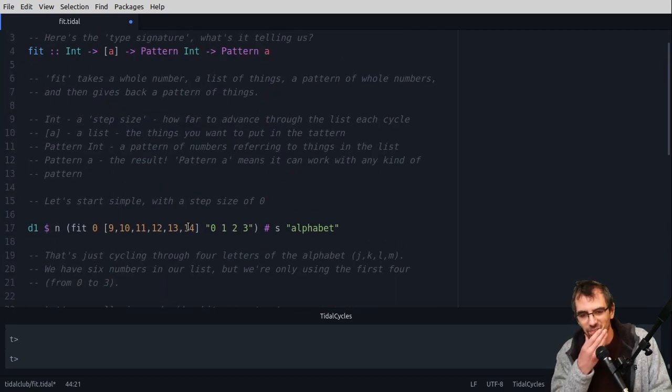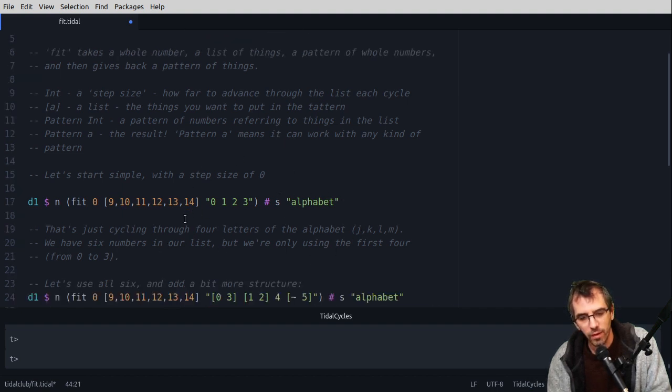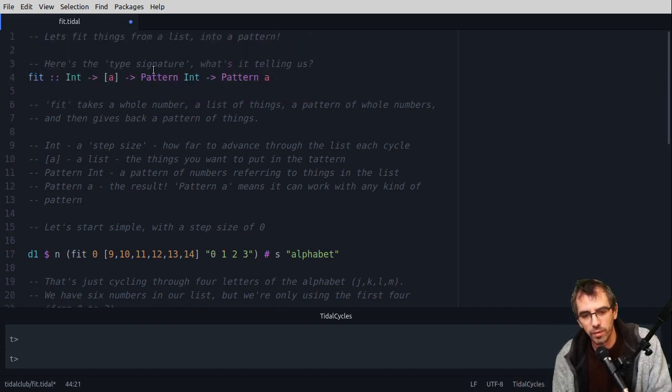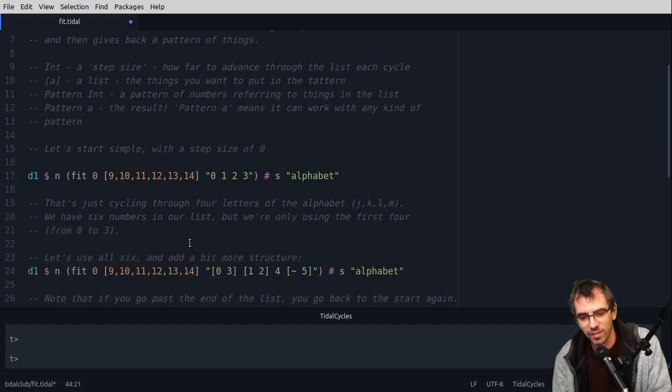This is a function which I've not seen used that much, but I think it's probably got a lot to explore. Like, you don't have to apply it to selecting samples or notes. You could use it for selecting effects or even sample banks, or you could use it for feeding numbers into another function. There's a lot to explore with this quite strange little function. So it'll be interesting to see what you come up with.